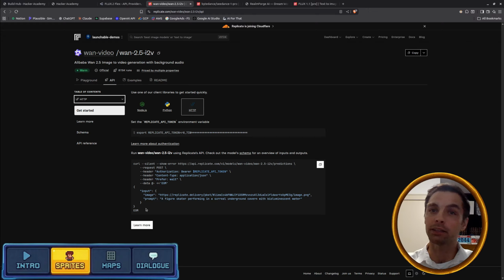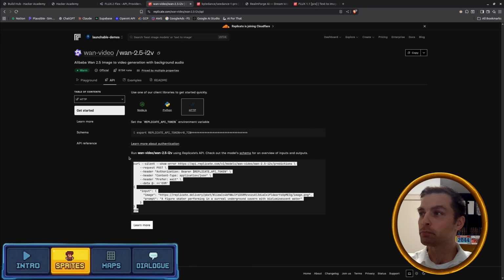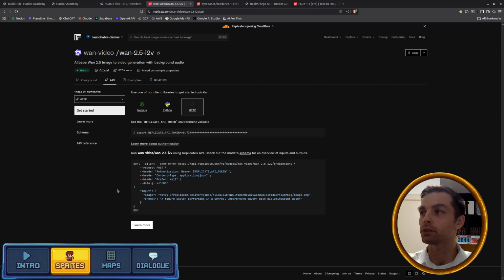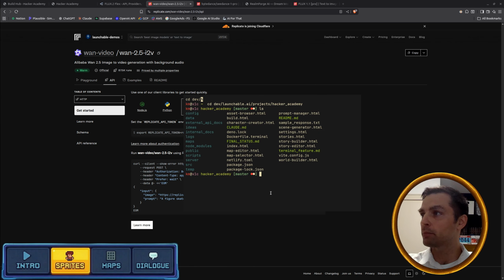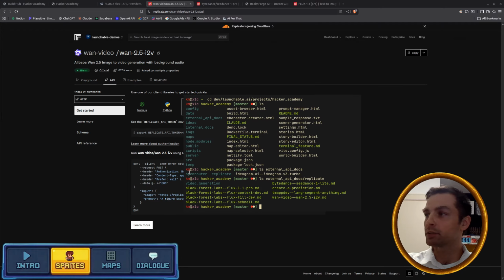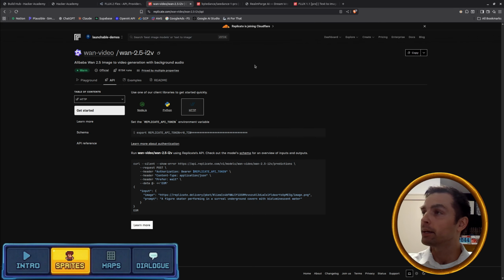If you're using AI to generate your code, which I presume you are, you just paste this into your context window, if you're using Claude Code or Cursor or whatever. What I really recommend doing, though, is the following. This terminal here is in the directory of this game, and we have this directory called external API docs. In here, I have documentation for the 2 different platforms. For each model that we're using on Replicate, I grab the model documentation and stick it in here, and then I tell the agent to look at it. Replicate makes this super easy with this copy button. If you click copy,